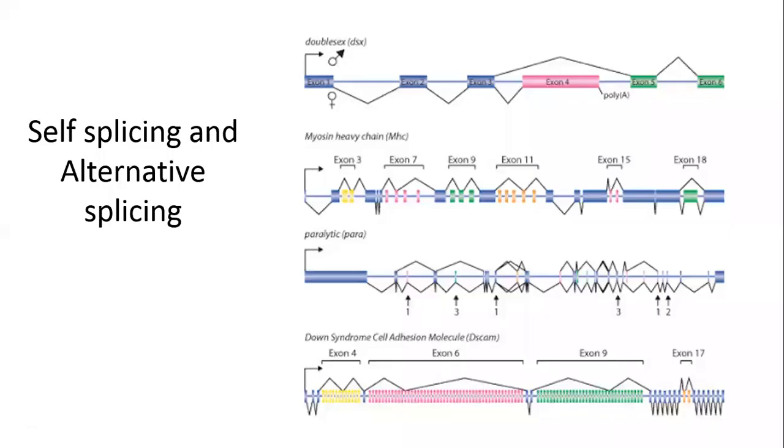Hello students. Today I am going to discuss a very important portion of this chapter known as RNA splicing. Today I will discuss self splicing and alternative splicing. Due to these two processes of RNA modification, various protein diversity is formed, and from this portion the theory